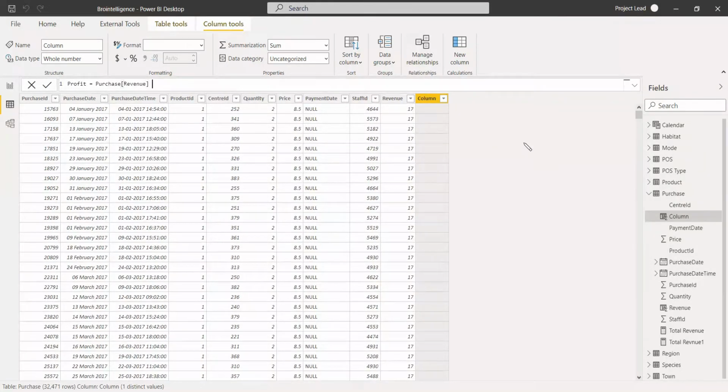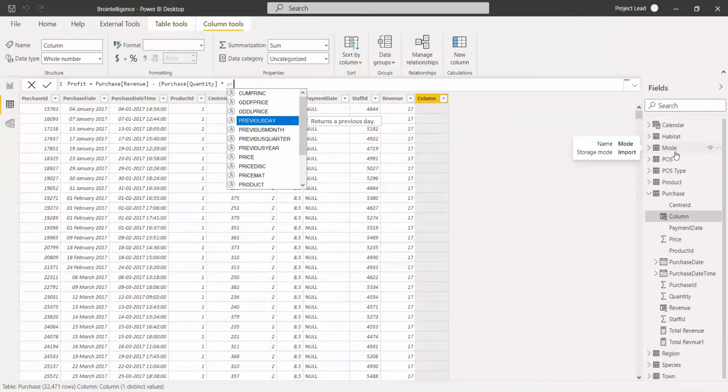The production cost you have to get from the product table, so open a bracket, and it should be with respect to the quantity, so quantity into,